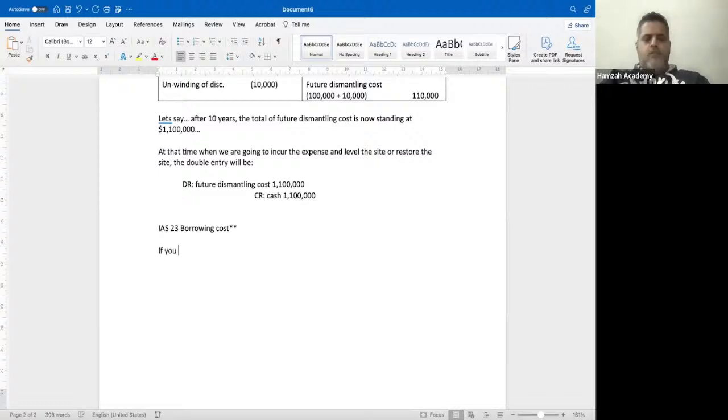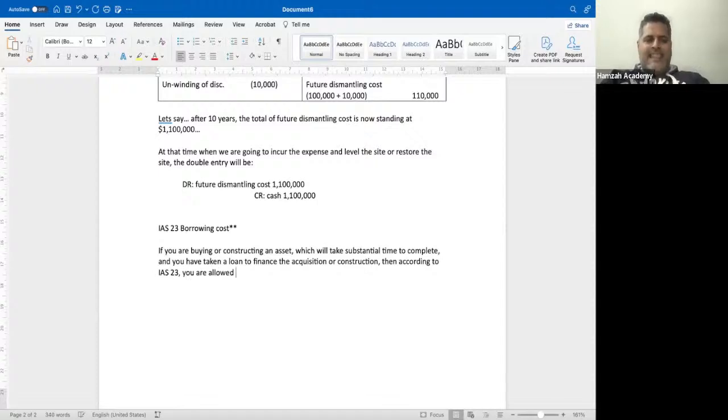Let's say you are buying or constructing an asset, which will take substantial time to complete, and you have taken a loan to finance the acquisition or construction, then according to IAS 23, you are allowed to capitalize